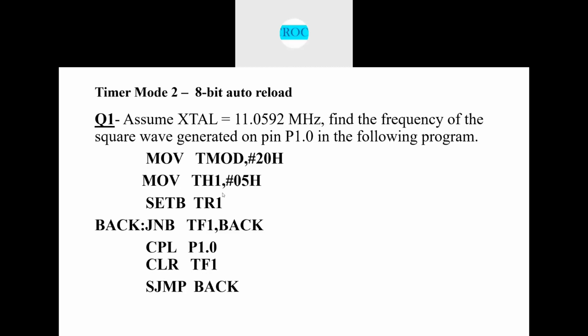As I said, since the TL1 register will be reinitialized with 05h, again it will count from 05h here, and whenever that register reaches 256 counts, again the overflow flag will be set to 1, right? It will stop executing this instruction, go to the next instruction, and this process will continue, right? Now for this program, you need to calculate the frequency which is generated because of the initial count loaded into the higher byte register, 05 here.